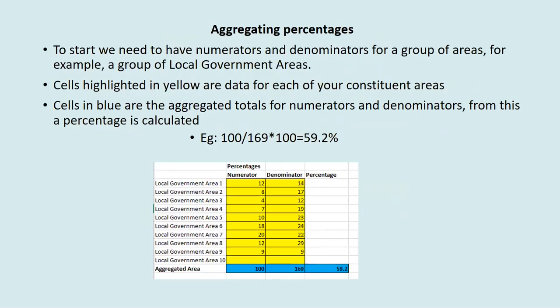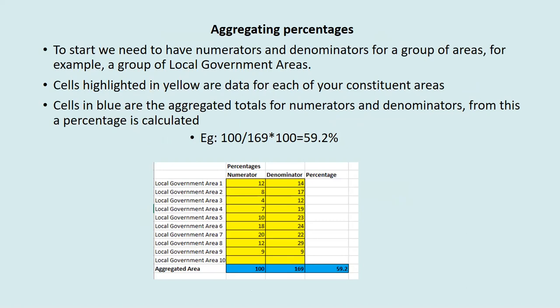First, we will look at aggregating percentages. To start, you will need to have the numerators and denominators for a group of areas. And for an example, we will look at a group of local government areas, which we have numbered here from 1 through to 10. The cells highlighted in yellow are the numerator and denominator data for each of your constituent areas. The cells in blue are the aggregated totals for the numerators and denominators, and from this, a new aggregated